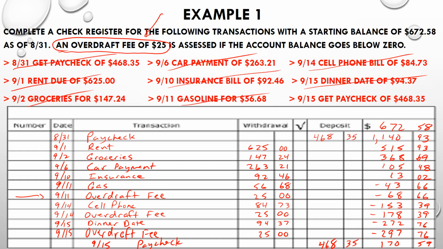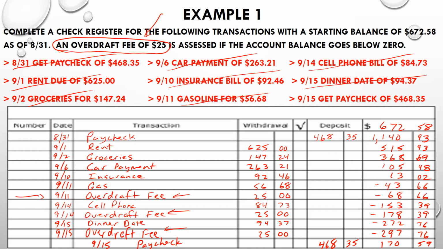All right. So in this problem, those fees were $25, right? And we paid 1, 2, 3 of them. By being careless with our money and not paying attention to what we have in our account at any one time, we paid an extra $75 in overdraft fees, and this is just in 2 weeks. It is very, very easy to get yourself into trouble with these overdraft fees by not paying attention to how much you are